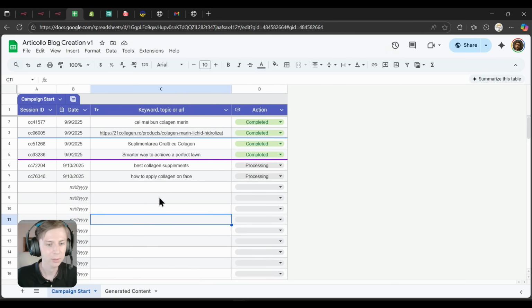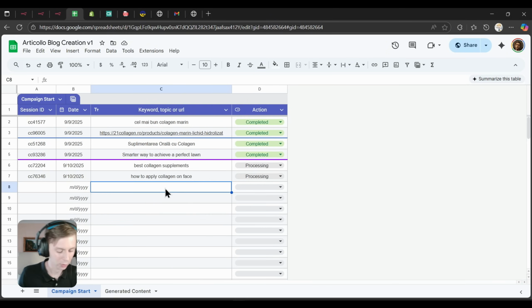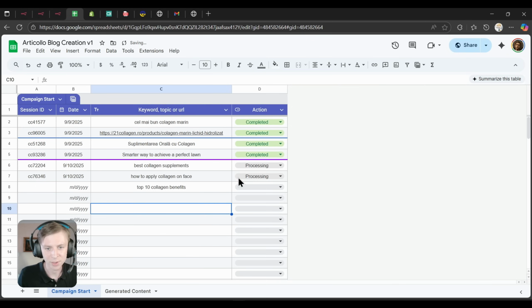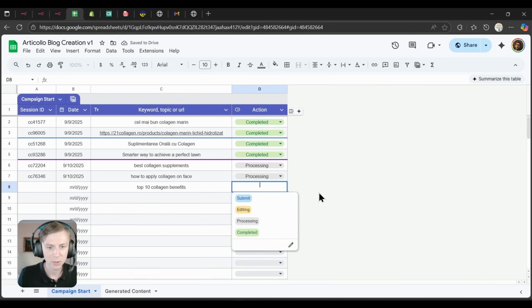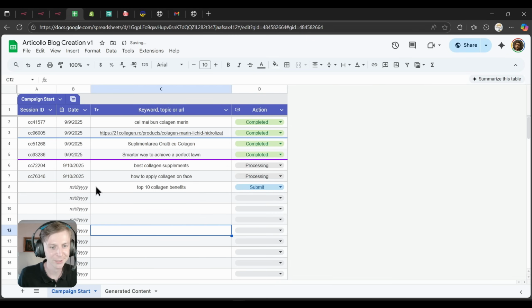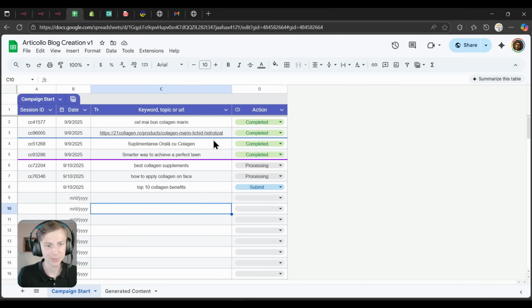So, how it works? It's super simple, guys. You just put here collagen or whatever, because now I'm already processing 2 of them. You can just press on submit and it will start creating the blog for you. It's that simple. After it finishes generating, it will change from processing to completed, as you can see the ones